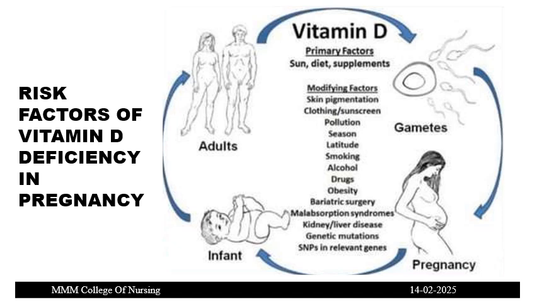In bariatric surgery, it is the surgery done for the intestine. It is mainly a weight loss surgery. A part of the small intestine is resected and taken out, making the small intestine and stomach smaller. Because of that, the absorption is reduced, and gut hormones are also reduced. Because of that, in bariatric surgery, vitamin D deficiency occurs. In malabsorption syndrome, even if we take enough vitamin D through diet and everything, because of malabsorption, it's not going